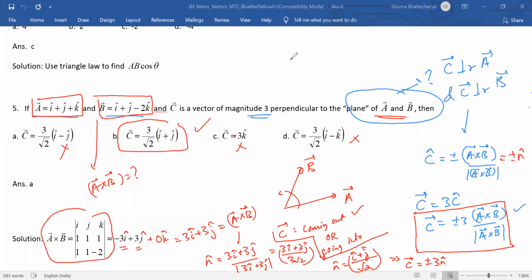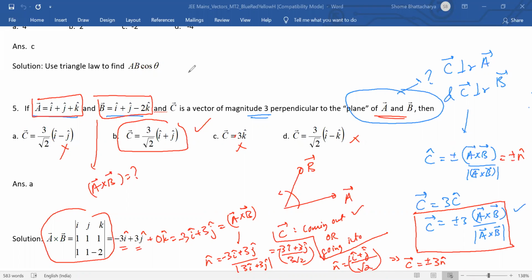No, it is not minus 3 I cap beta. It's this only. You see, it is A cross B. The I cap component is, yeah, it's minus this. Oh, my mistake. Yeah. Wait. This is minus 3. So I got the wrong answer here. This is minus 3 I cap. Okay. So this is also minus 3. So this is also minus. So this will be minus I cap. Okay. So this final thing will have minus I cap plus j cap by root 2.